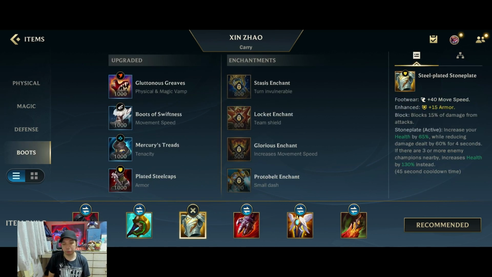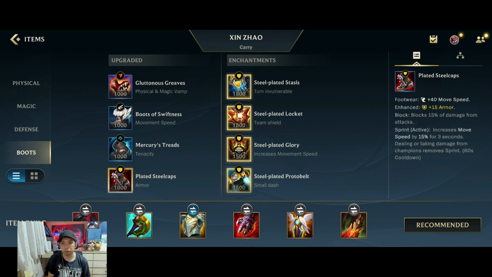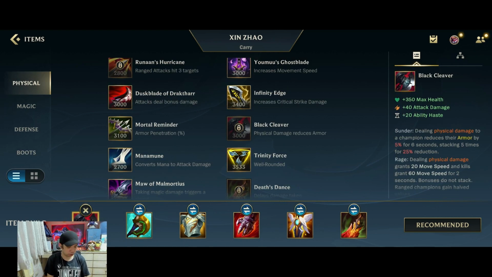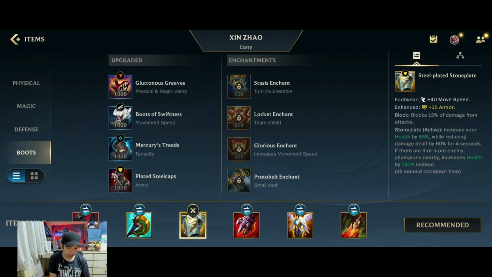So the next item that we would go is the Steel-Plated Stone Plate. You could also go for Mercury Treads, depending on whether they have a lot of crowd control, but Steel Caps plated stone plate is also a very good choice. The reason why you get this is that you already have 2 HP items and stone plate increases your HP. So if you combine the HP items with even more HP, you would get a lot more HP,